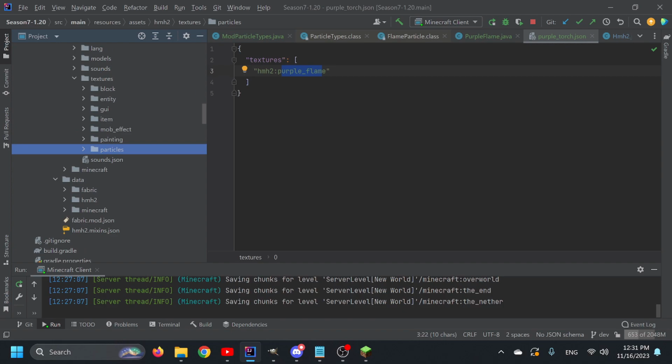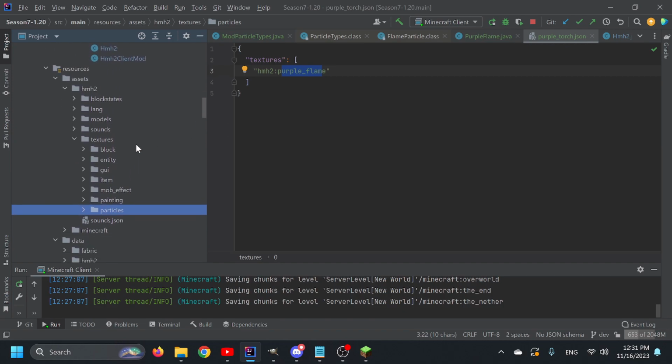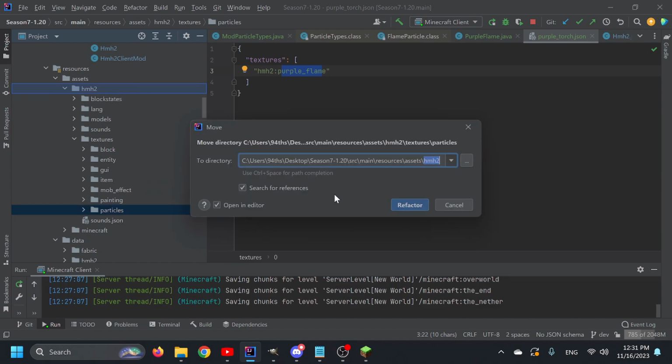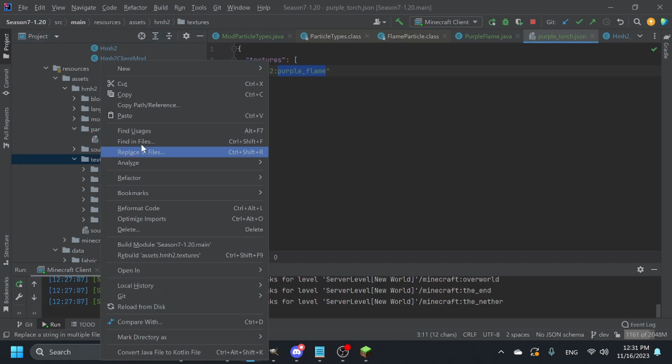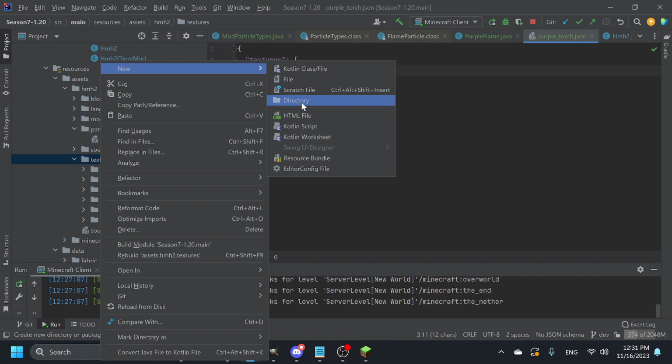Textures. Oh, wait, I messed that up, Particles. Particles needs to be its own folder, so take it out of there. So now we have particles called purple torch, and it's going to point to the texture called particle flame, in which inside of here we have textures, and then inside of here,